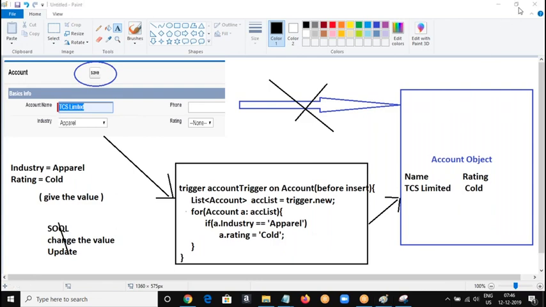Is that clear to all of you? What is trigger? Yes, sir. Yeah. Okay, fine. So